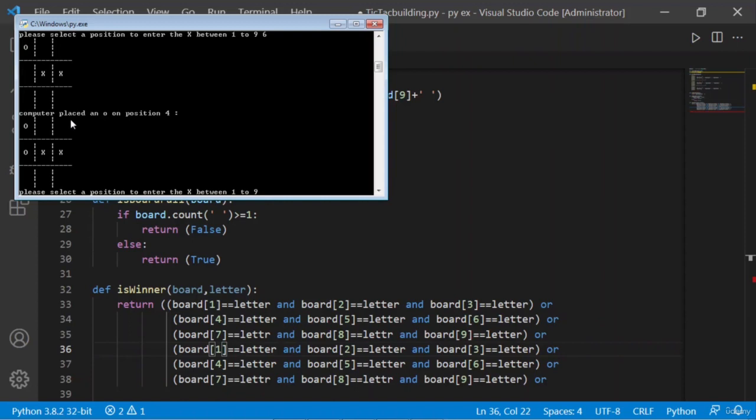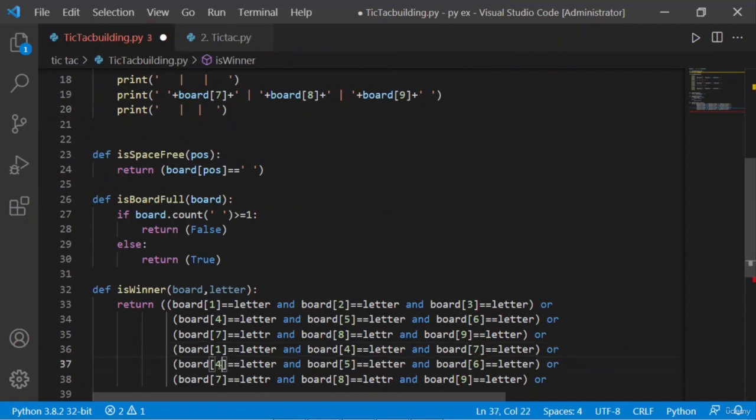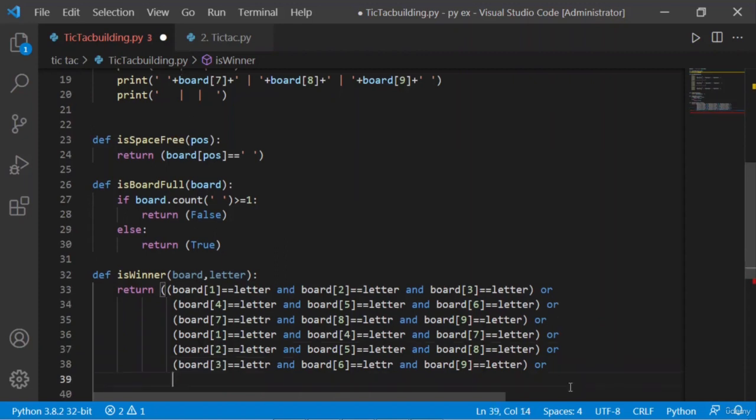Okay, so let's write 1, and this will be for 4, and this will be for 7. Now 1, 4, 7 we have already written. This will be for 2, the 5 will remain as it is, and this will be for 8. Now we have written the second column. Now we need to write the third column, that is 3. This is the first variable, this is the sixth variable, and 9 will remain as it is. So we have written for